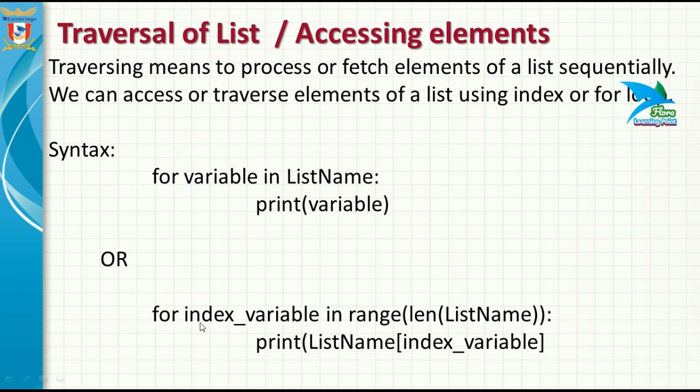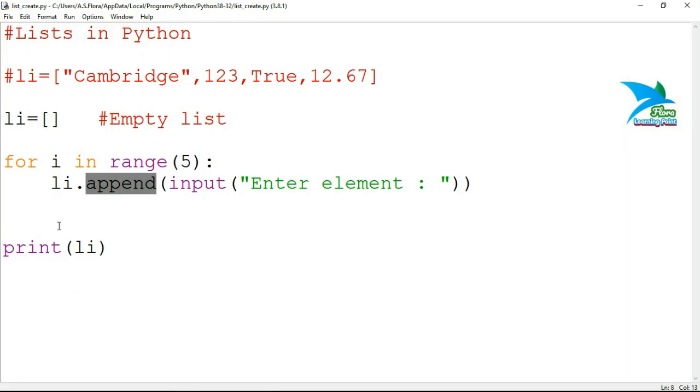And the next mechanism is that you can access the elements of a list by index also. If you want to access elements of a list by index, then you have to specify the list name, then inside the square brackets you have to specify the index of that particular element. If you want to use the loop, then you have to declare a variable, that is an index variable, then in range, and by using the length function you will be able to get the length, because we need the size of a list.